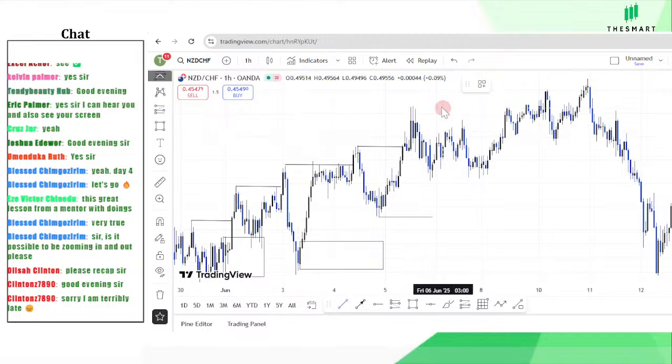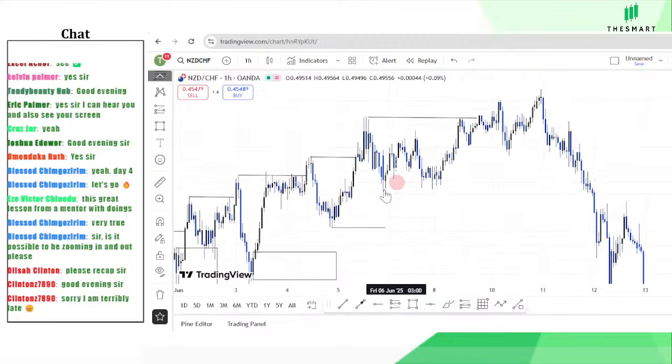At this point, we had what? Another break to the upside, which still tells you that price is still continuing in its bullish move. We still didn't have any order block to validate our trade, because the only fair value gap that was here, price has already tapped in. It will look confusing, maybe because it's your first time or something, but as you get to practice, you will get to actually